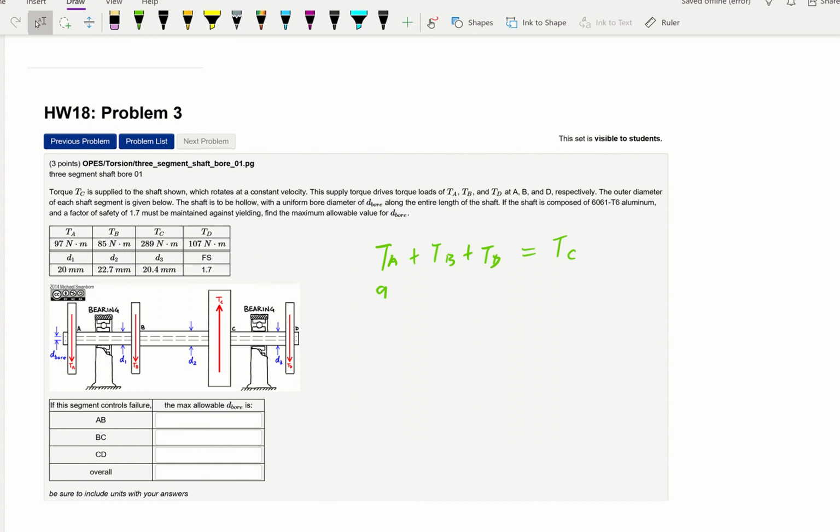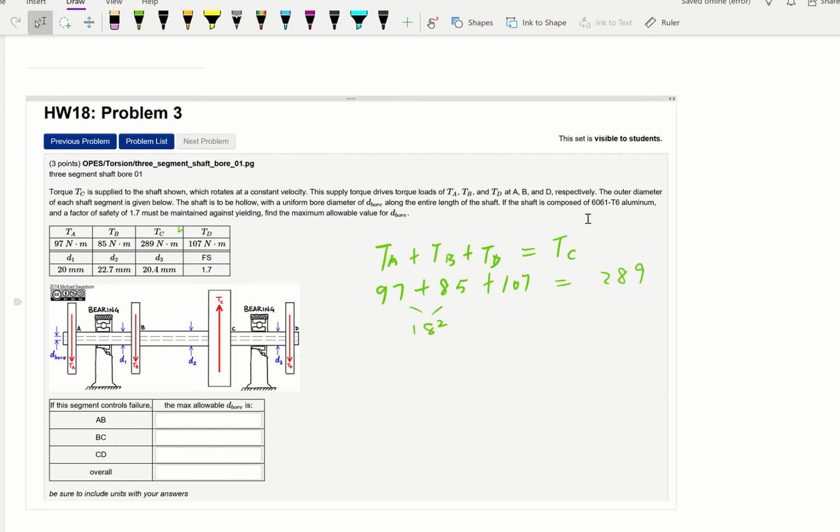97 plus 85, then plus 107. Well, 182 plus that will give us 289. That's exactly what we have at torque C. Okay, good. Then they told us this is made of this particular